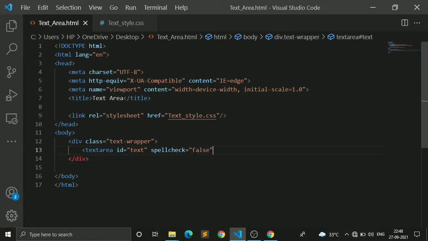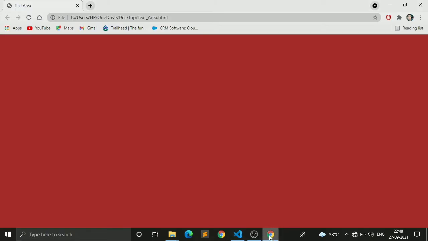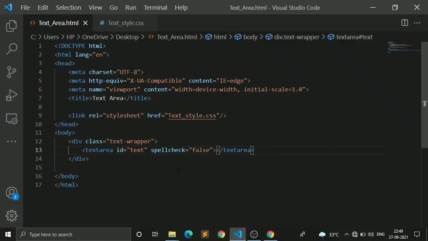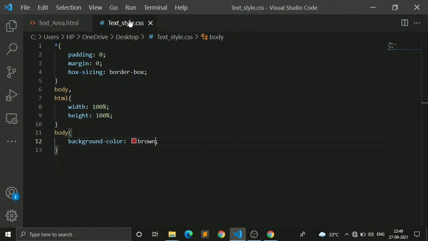For now I will close it. Now I will refresh the browser, then you can see that a simple text wrapper is created. So I will apply some CSS property for it so that we can make it beautiful.